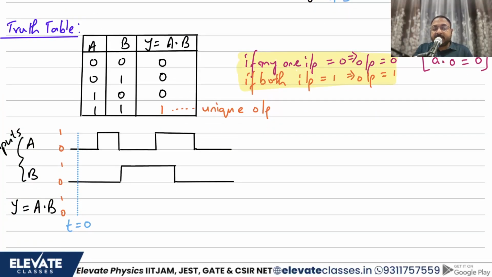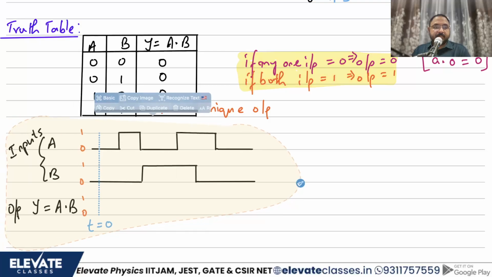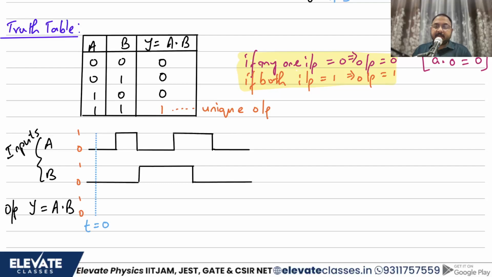Now once again I want to get you used to these timing diagrams. ये timing diagram से आपको मैं चाहता हूँ कि आप comfortable हो जाओ. So now what do these timing diagrams look like? And basically how are these timing diagrams going to work? I need to just pull this a bit inside. Yeah, I think now you can see the whole thing, right? Correct. So now if you see this timing diagram, I have just plotted two waveforms. One is A, one is B. I need to plot the output Y is equal to A dot B.